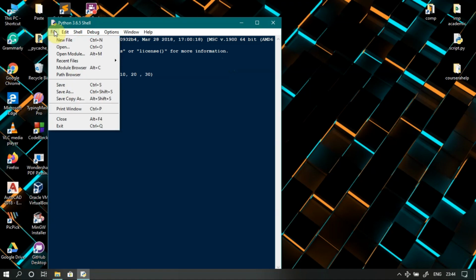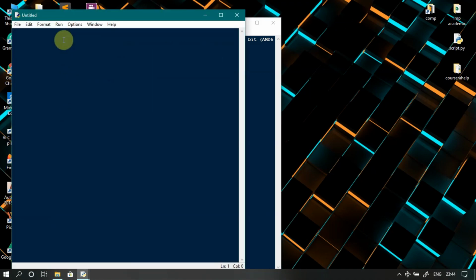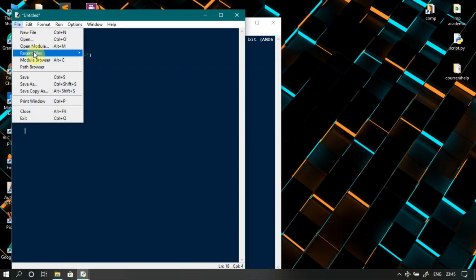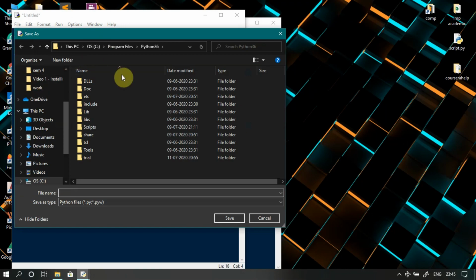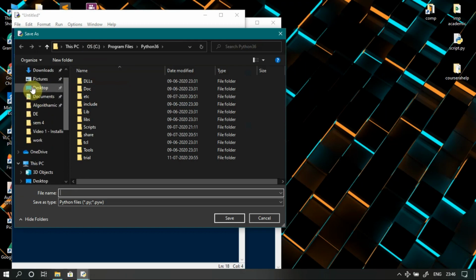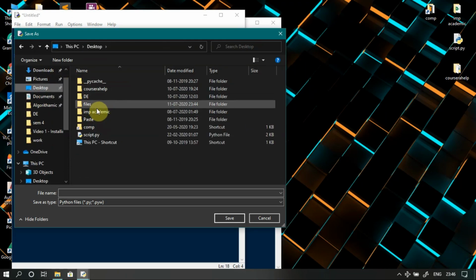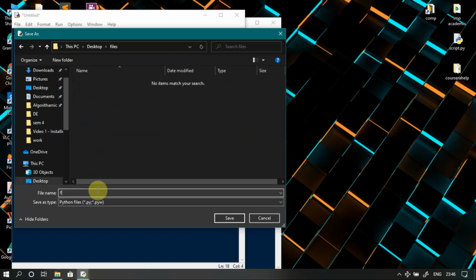go to File and click on New File, or press Ctrl N. The editor will open. Write all your code there. Then save your file on the desktop in any newly created folder. Save your file with the .py extension,